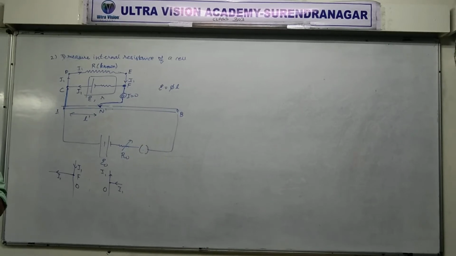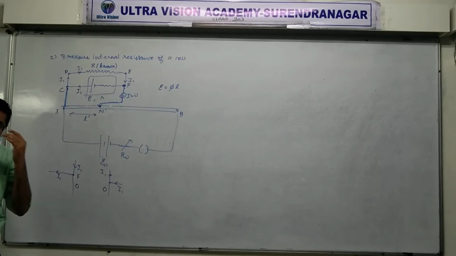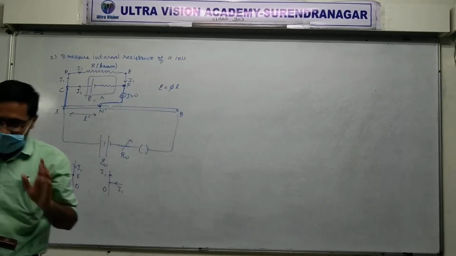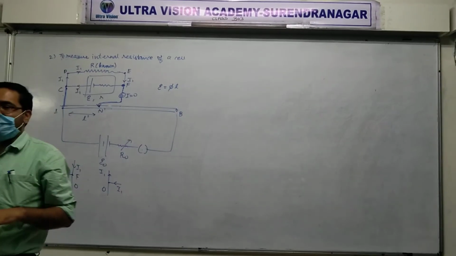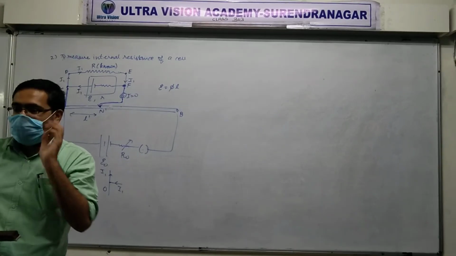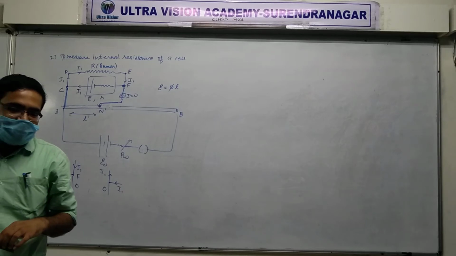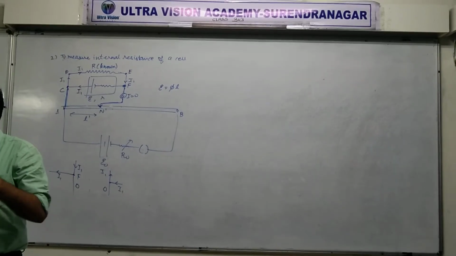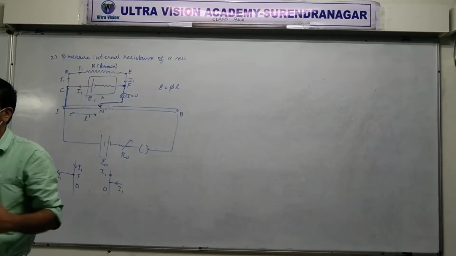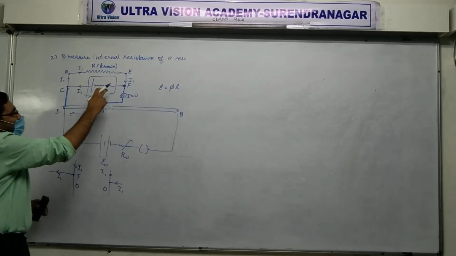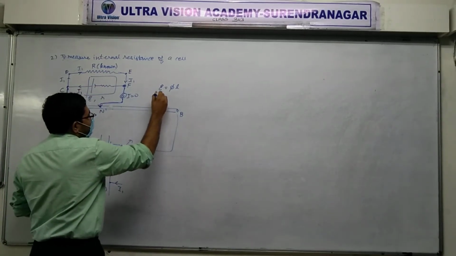Remember the graph of epsilon versus I. Sorry, terminal voltage versus I for a cell. You have it? Yes. When is the terminal voltage maximum? When I is equal to 0, which is the open circuit condition. As current flows, the terminal voltage will decrease. In our case, my terminal voltage V equals